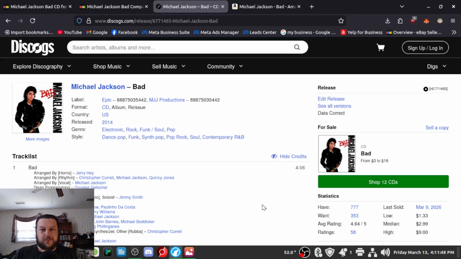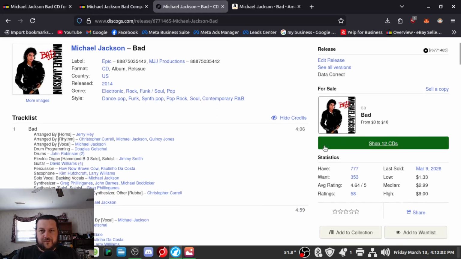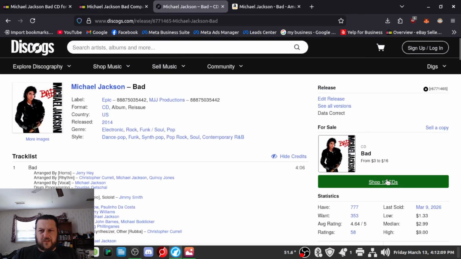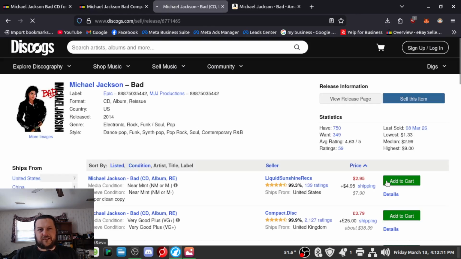But for selling purposes, it is good to check prices, especially when you can't find something on eBay, or the stuff you find on eBay, you're not thinking it's giving you enough information. I come to Discogs to kind of go through their prices a little bit and see what they got. So, for instance, this is the CD, the actual release of the album that I have. If you go down here, it'll show, let's see, Shop 12 CDs. So, you've got this CD listed on here 12 times, and it's already got the price loaded, arranged low to high,